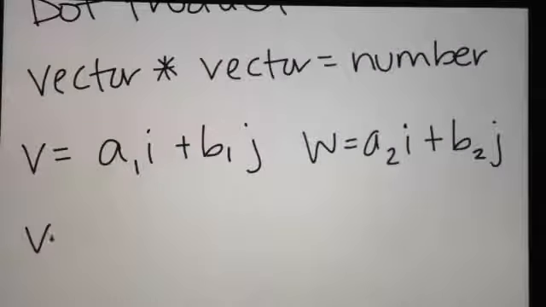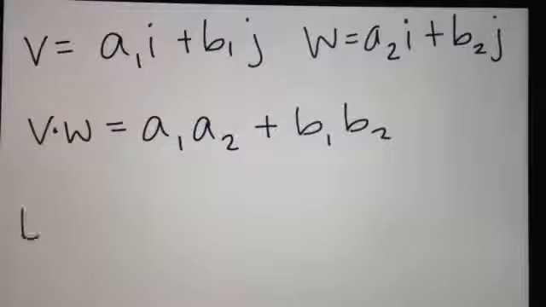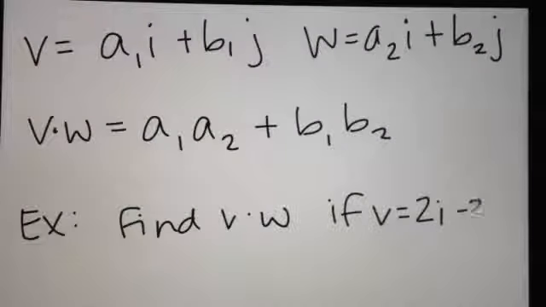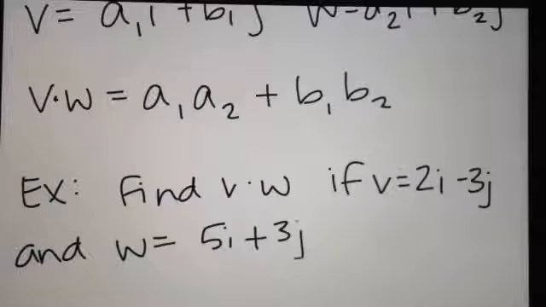Then the dot product, v dot w, or v times w, is going to be the horizontal components multiplied together plus the vertical components multiplied together. So a1 times a2 plus b1 times b2. So for example, if it says find v dot w if v equals 2i minus 3j and w equals 5i plus 3j,